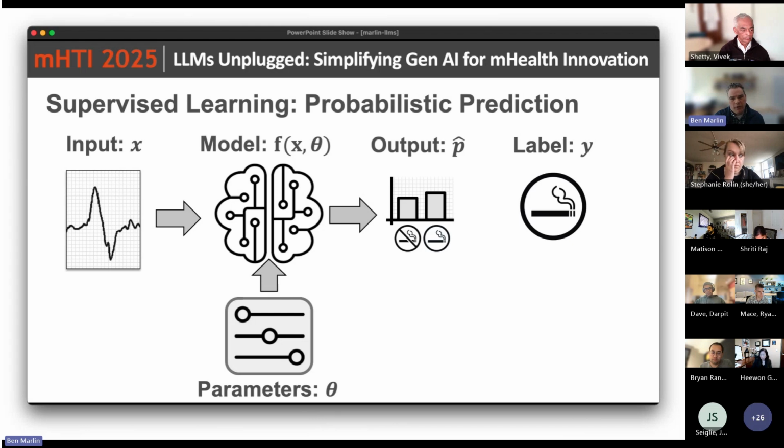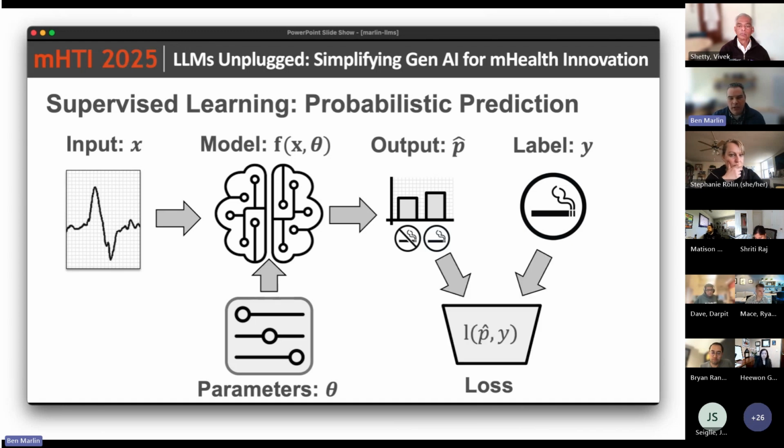So in order to use these models for learning, we need examples of inputs and we need examples of outputs that we'll call the labels. And then we need some way of comparing them. So for folks from the CS or stats side, the typical way to do this is with standard maximum likelihood learning. For folks that aren't familiar with those terms, all we're doing is comparing the probabilities that we generated to the true labels. We're looking at the probability of the true label as the sort of signal that we use to learn the models. What we'd like to do is make the probability of the true labels as large as possible. That's the basic likelihood principle.